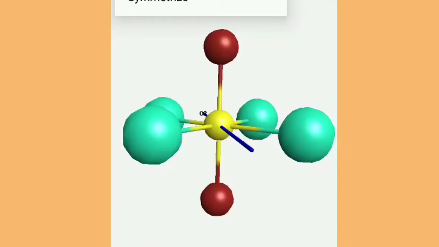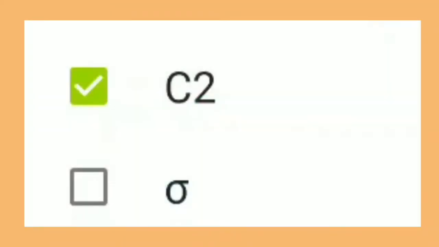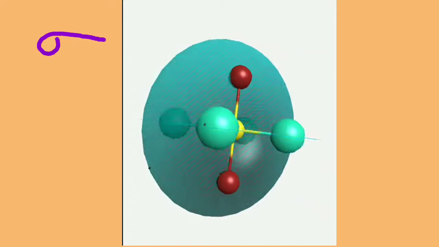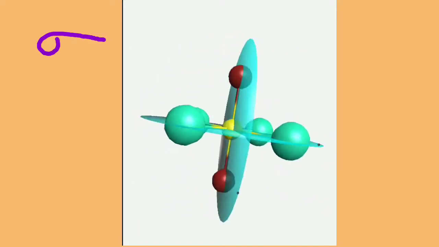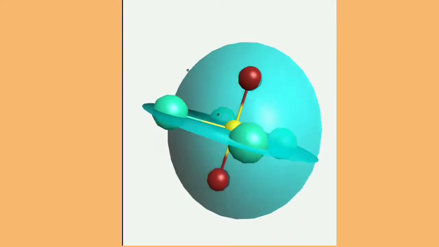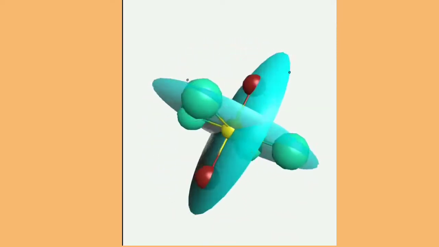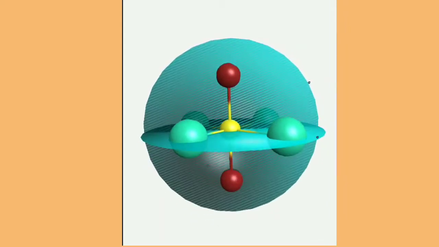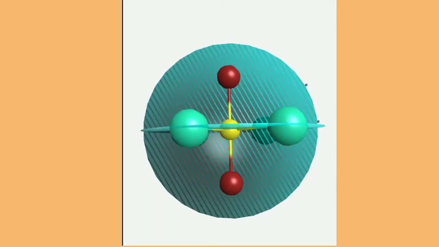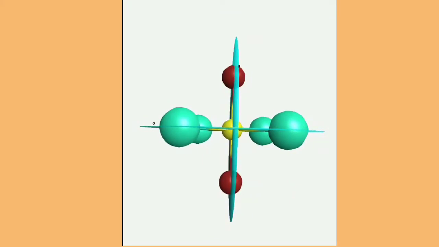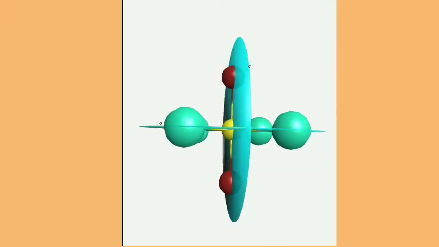Now I will check its other symmetry element, that is the plane of symmetry. This is a plane of symmetry. You can check all 4 A are in the plane, and of both B, one is above the plane and one is below the plane. In the other symmetry plane, there are 2 symmetry planes, both B are inside the plane and 2 A are on the left side of the plane and 2 A are on the right side of the plane of symmetry. So this is a symmetrical molecule.